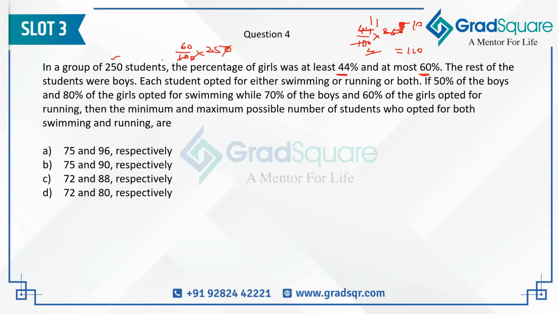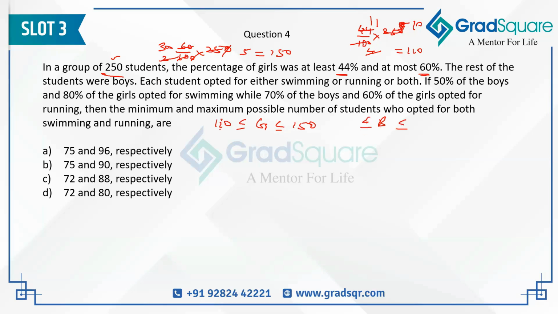So 25 2s are 50 and 5 5s are 25. Then you have 30 over here, and that turns out to be equal to 150. So the number of girls is ranging between 110 to 150. If it ranges between 110 to 150, and the total number of students is 250, then the number of boys would be